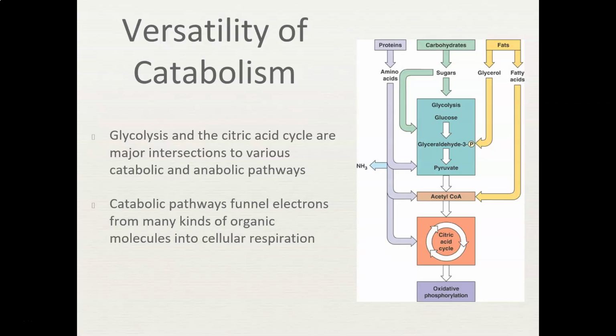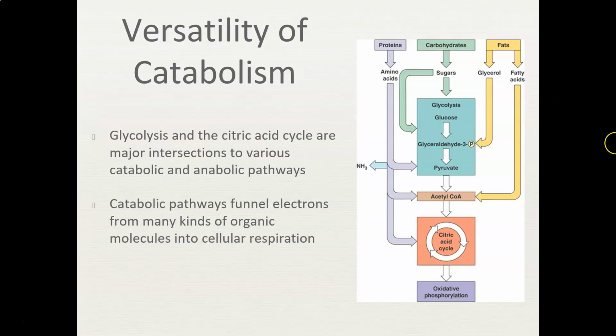And so when we look at the catabolic pathways, we can funnel electrons from a lot of different organic molecules into cellular respiration. Your cells will preferentially choose carbohydrates as their first source. But when those carbohydrates are in low concentrations or unavailable entirely, your body has other pathways, other means to be able to get you energy